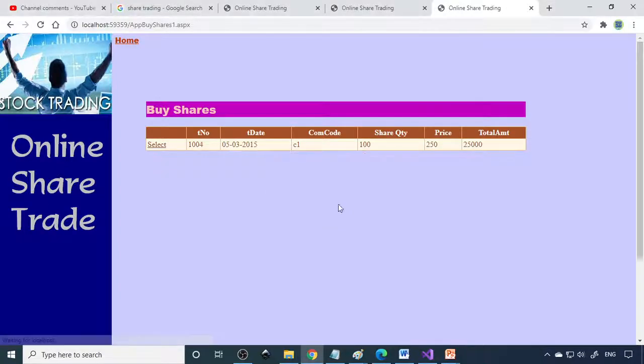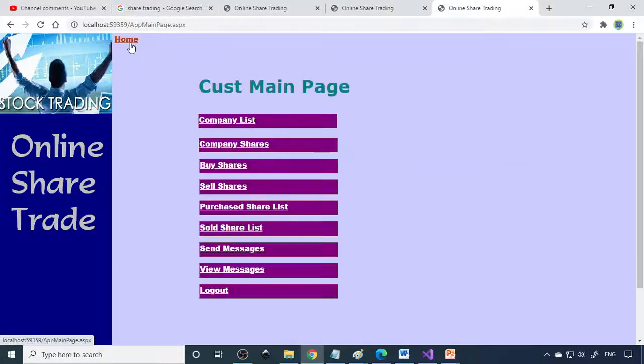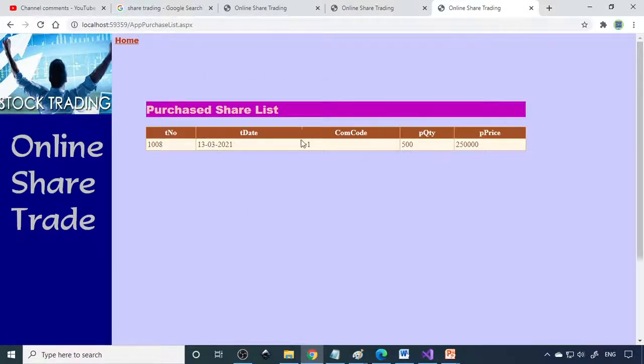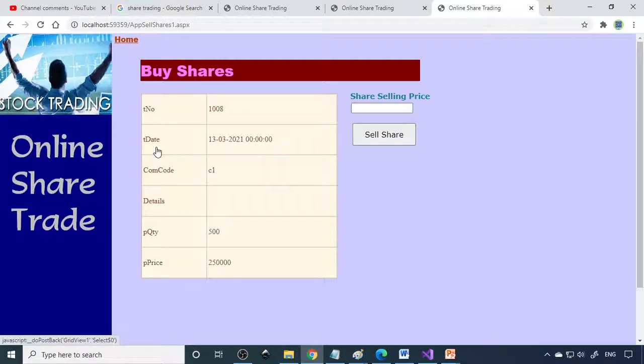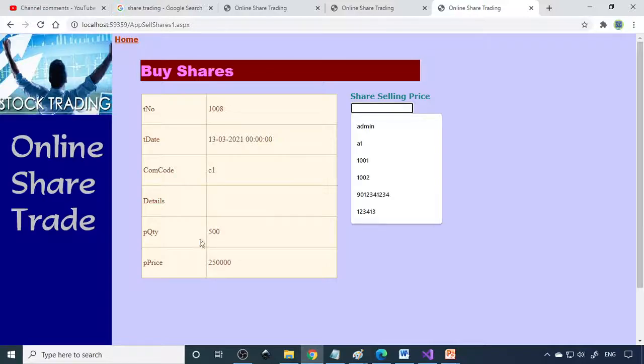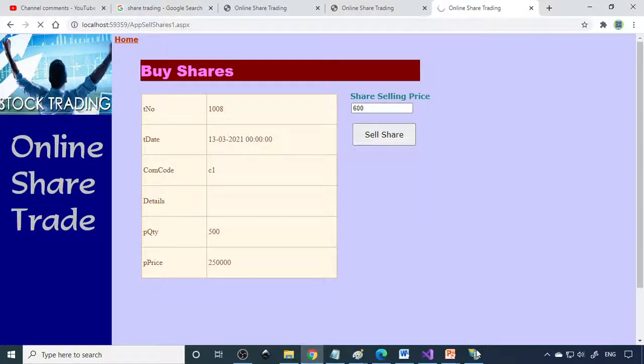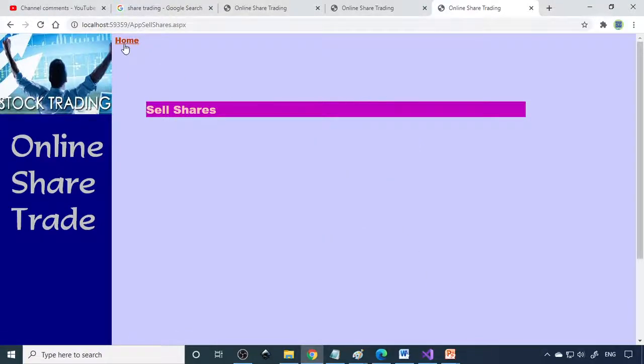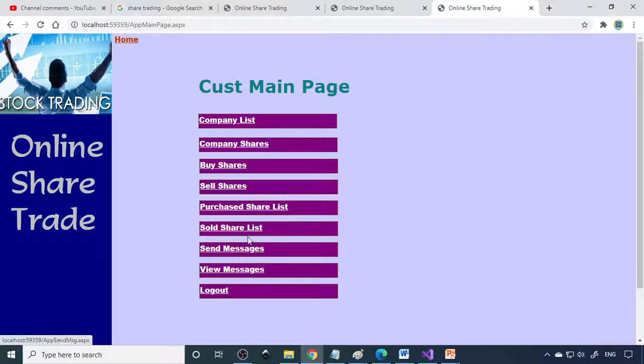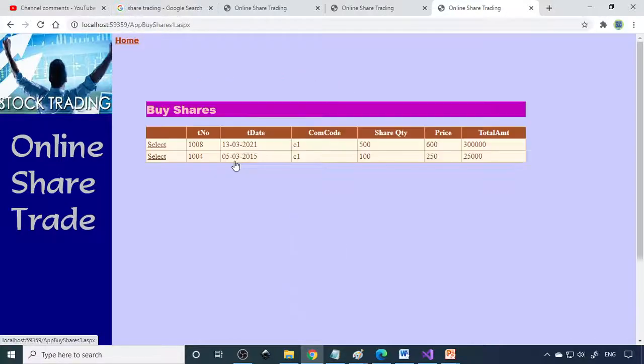Your purchase is successful. It's only indicative. Now you can see the purchase share list, and it will come to your list. Now you are able to sell this. You purchased at 500, and now you want to sell it at 600. If somebody wants to buy, they need to pay 600 rupees and then buy. Otherwise, the shares stay in the pool. Until someone buys, it stays there in the pool itself.